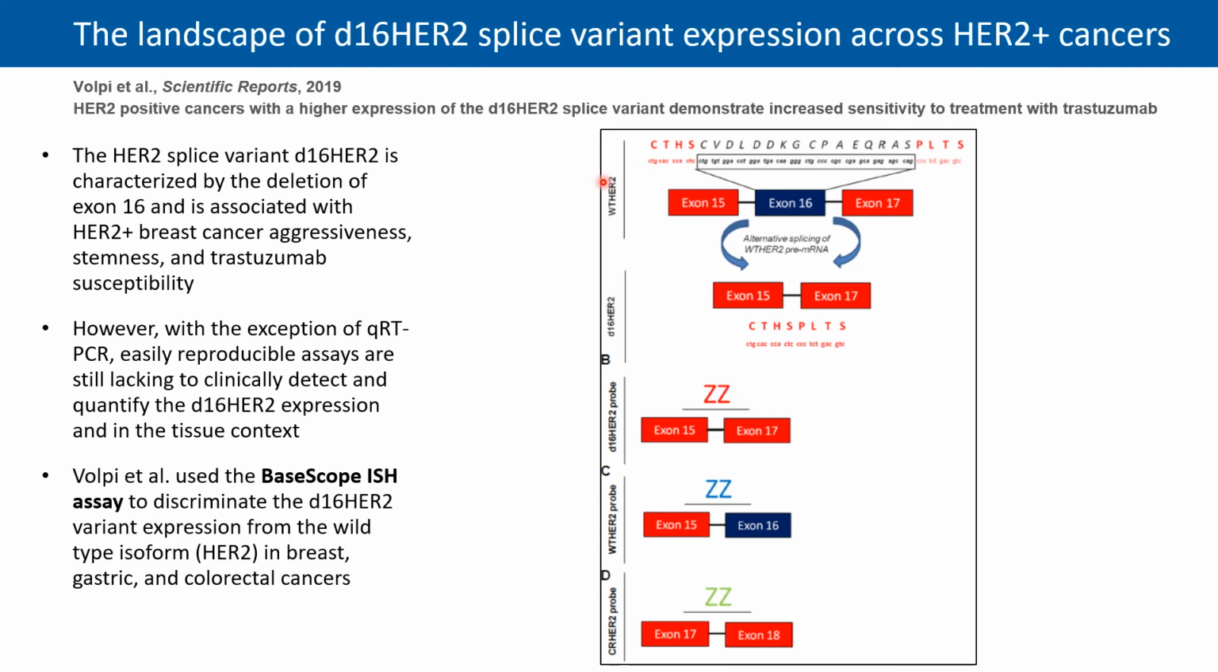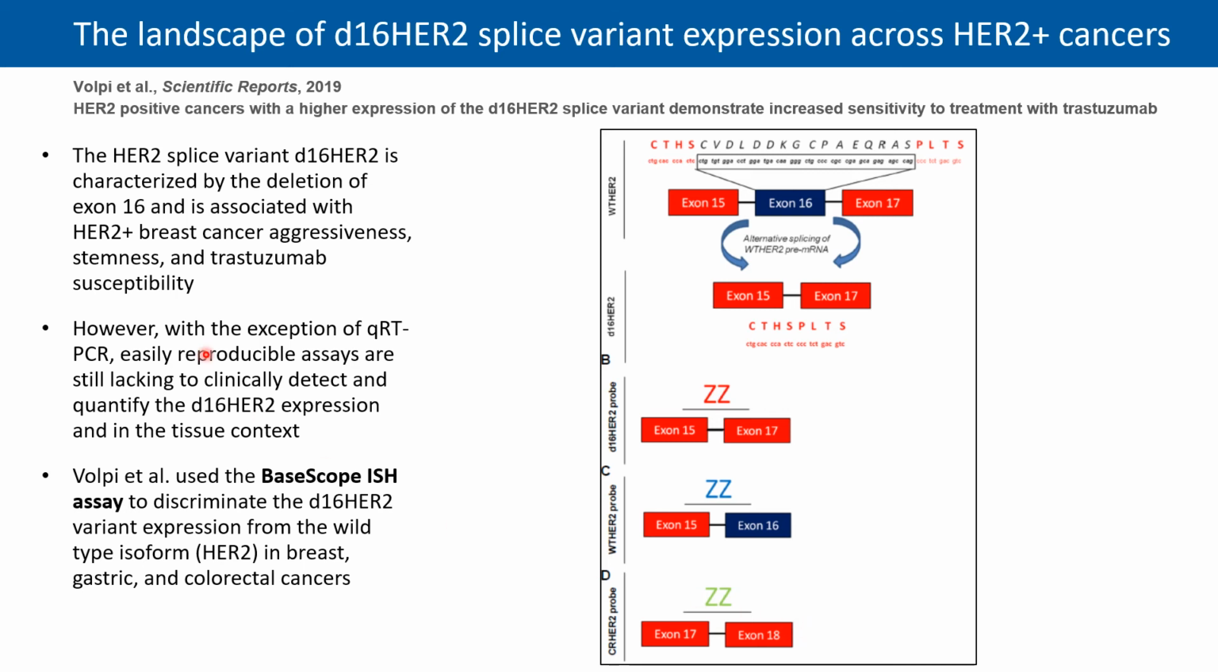So they used a probe design strategy wherein they designed a probe spanning the exon sequence exon 15 and 17. Now a probe spanning exon 15 and 17 would specifically identify a HER2 that has the exon 16 deletion. Now they also designed a probe that spanned exon 15 and 16, which would pick up your wild type HER2, and then a probe that spanned exon 17 and 18, which would pick up both your wild type and your